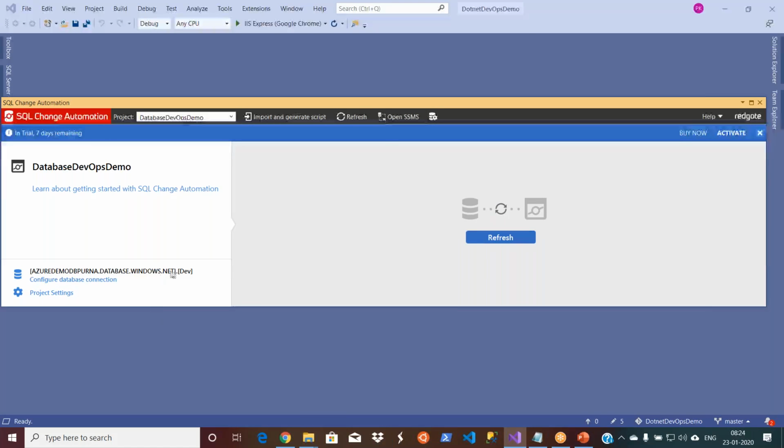So it is now connected to my dev database because this is the source database. Okay. And then let's refresh it. Why have you given 3 IP addresses in the firewall settings? Now both the databases are empty, so obviously it will not show any scripts for it, but it may show some metadata scripts, like there are some predefined roles, roles and user IDs. It will show that.